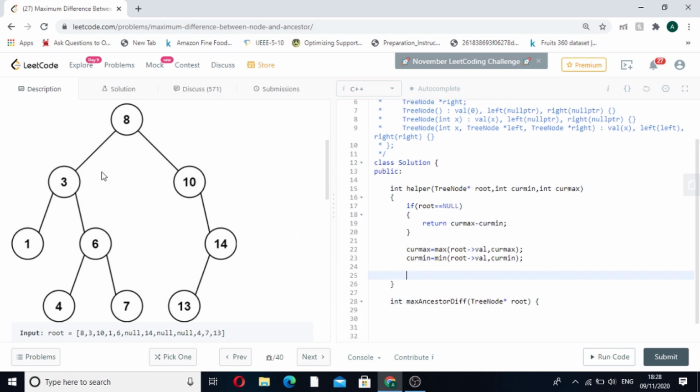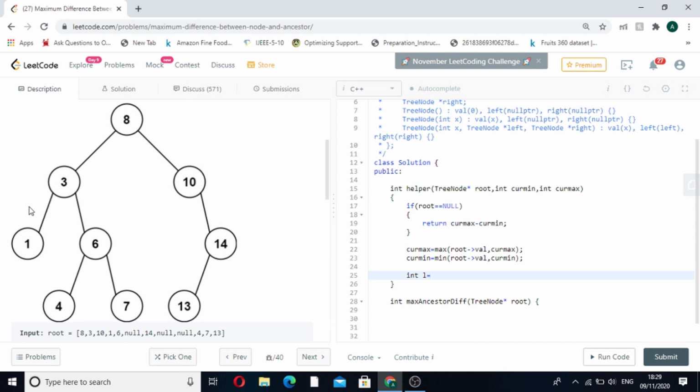Now we know that we have to find the value of current max minus current min from each path, that is from root to leaf. So on one side we will find the maximum value from the left path. Let's say we are at 3, so root is 3.